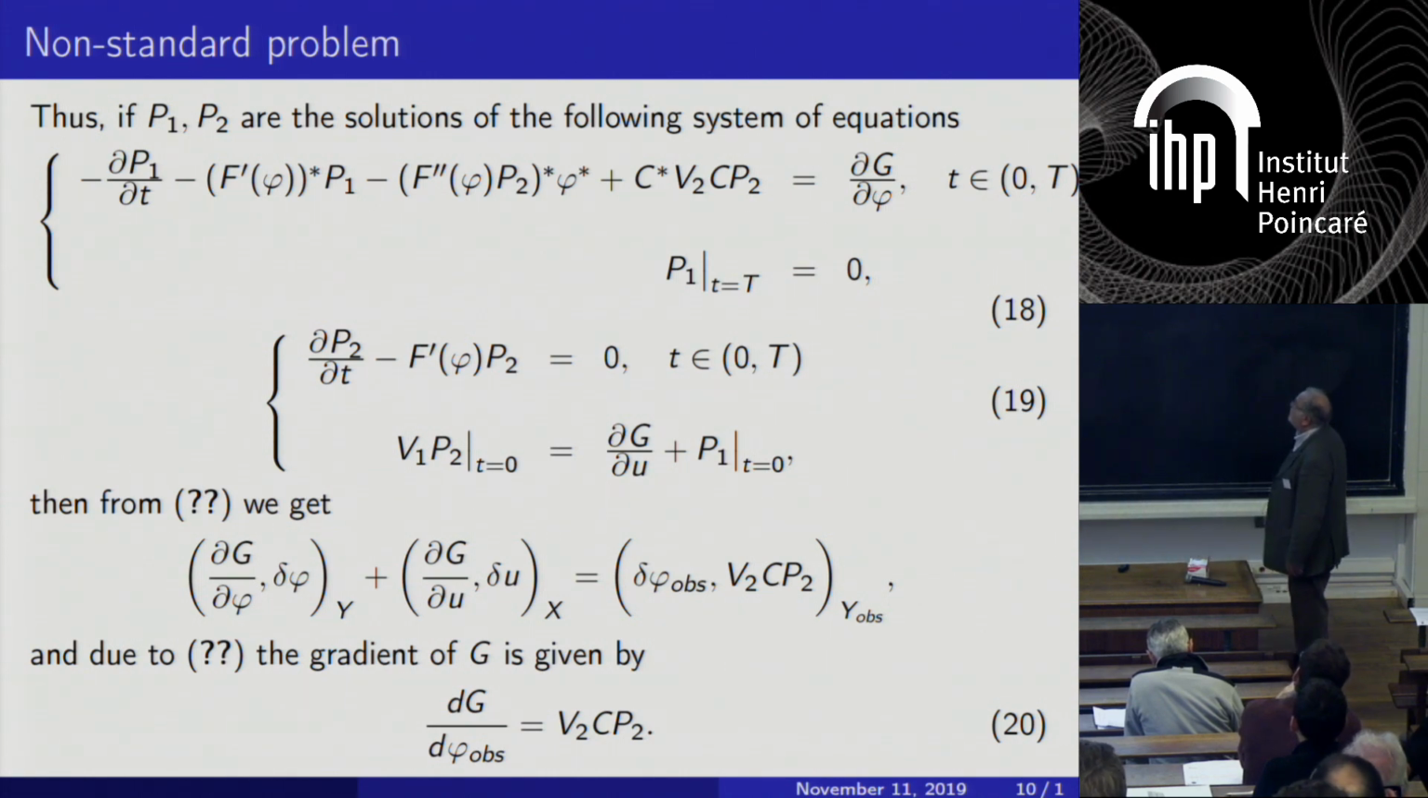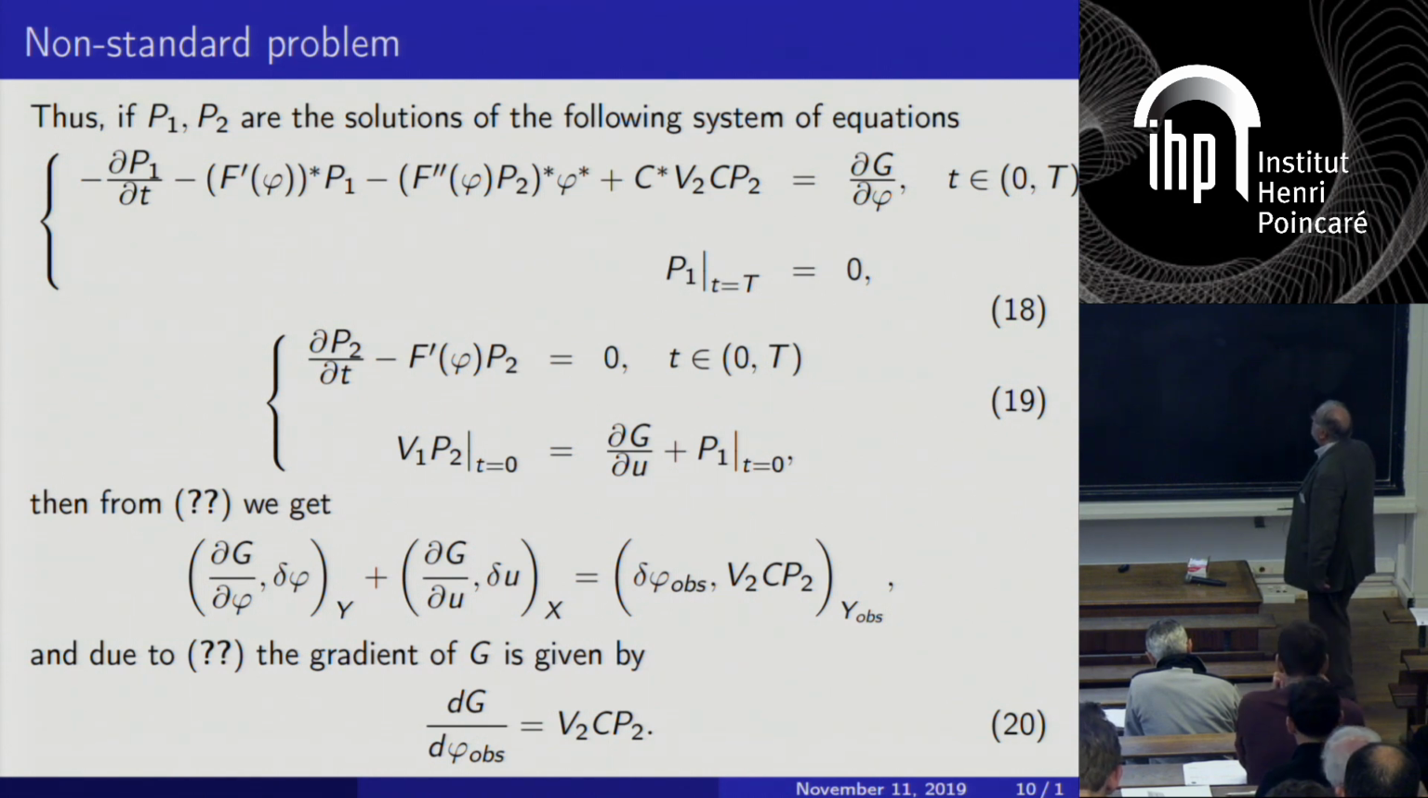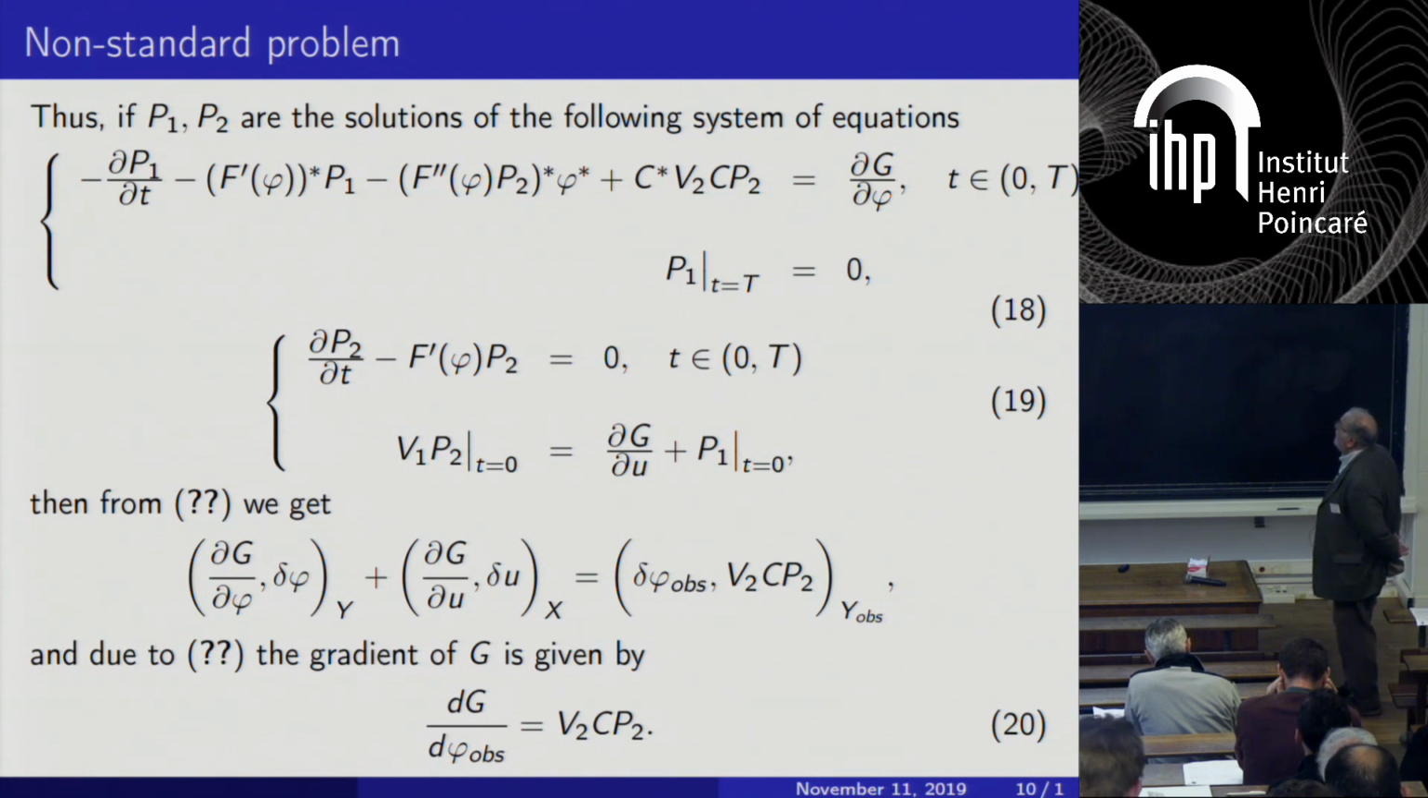So this is the system we get with P1 and P2. What is interesting to notice is there is a final condition on P1 at the final time: P1 at time capital T is equal to 0. And we have an initial condition on the equation with P2. Therefore, we have a coupled system with P1 and P2, one equation has